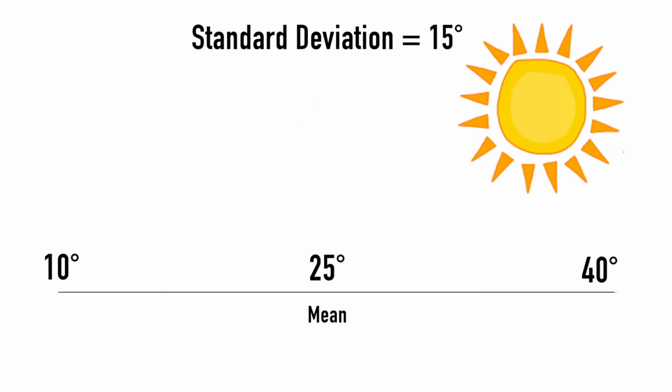It means that overall, on a daily basis, all the values of the temperature were very close to the mean. However, if the standard deviation is bigger, it means that the mean was not representing at all what happened on a daily basis, and the temperatures were going, for example, from 10 degrees to 30 degrees, coming back to 5 degrees, while the mean was still 25 degrees. So you can see that the smaller the standard deviation, the closer the data is to the mean, and the bigger the standard deviation, the more spread the data is around the mean.